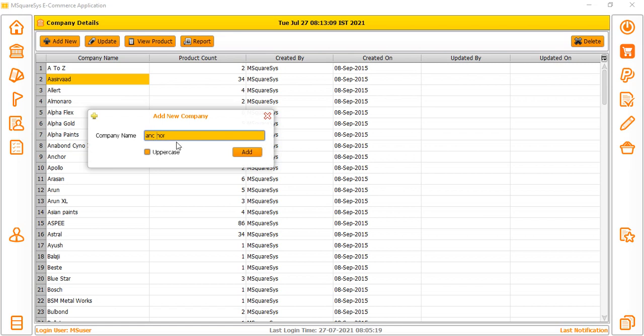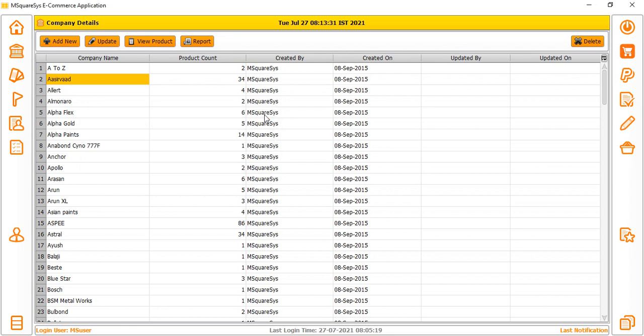So you can use caps, to ensure that if anything does not exist, then you will not get any error on the right side. If you want to make your company name uppercase, press the uppercase button. Then it will be saved in uppercase. This is the way we need to save new companies.